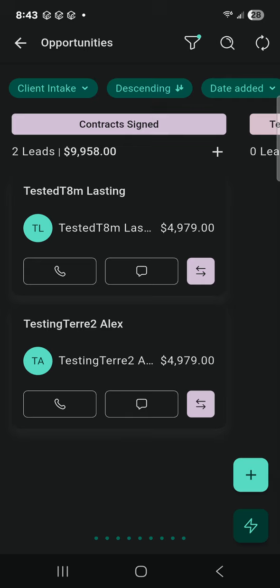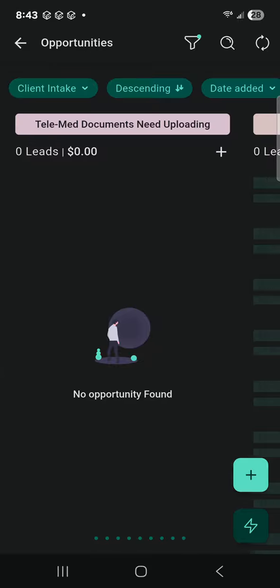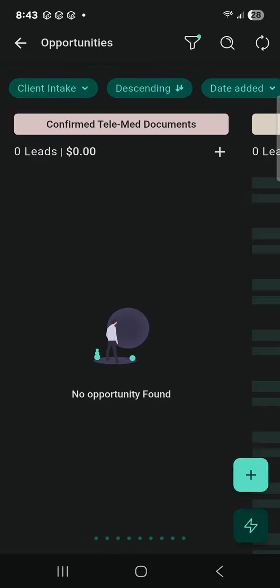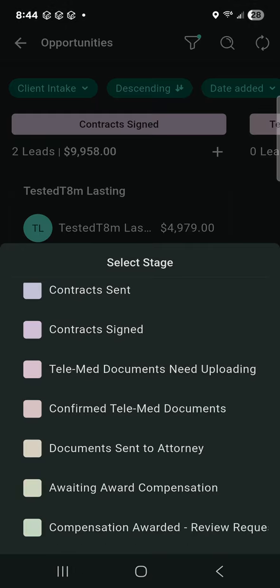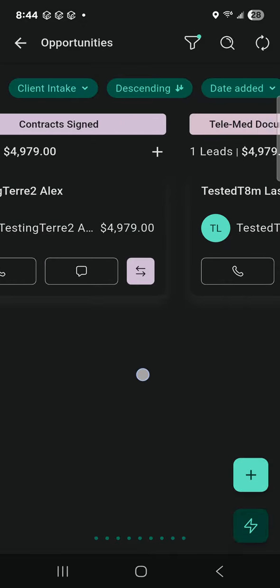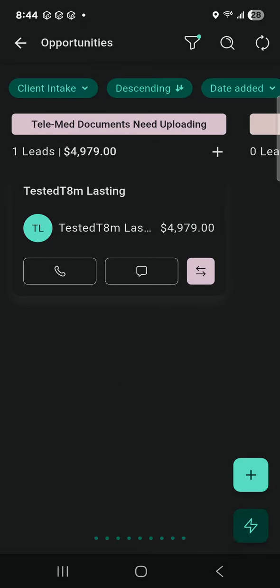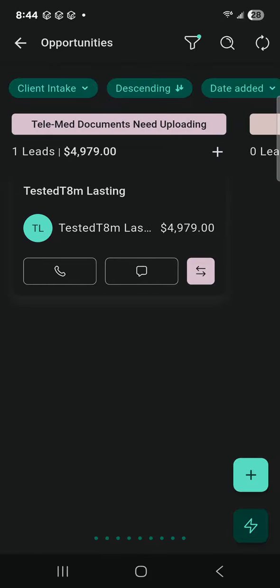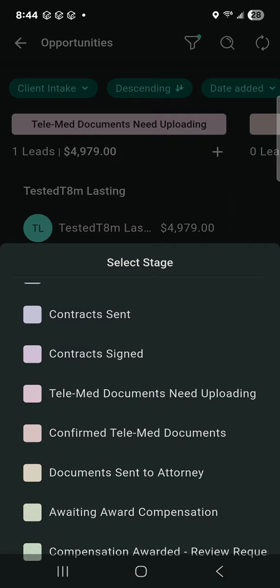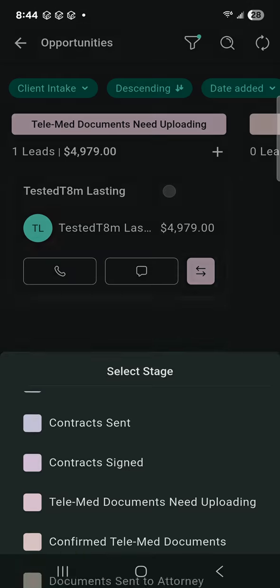But the whole point is I'm still gonna add an automation so that when that tag, documents uploaded, is added, it'll move to this. Oh, my bad. So you guys gotta manually add them to the telemed documents need uploading. Okay, boom. That's the next thing. So after they sign the contract, manually hit this button right here on the bottom corner to move them over to telemed documents need uploading, and then